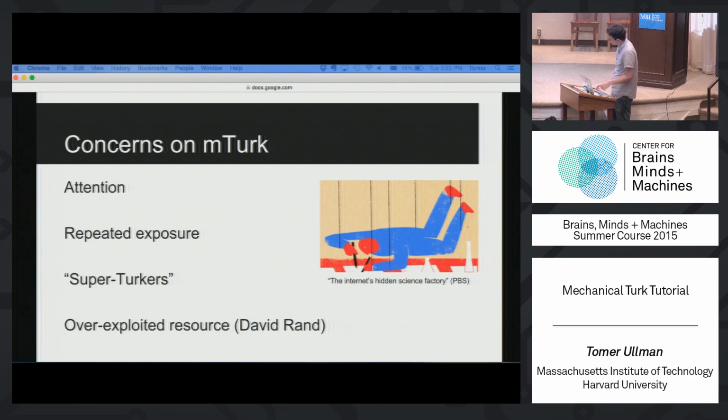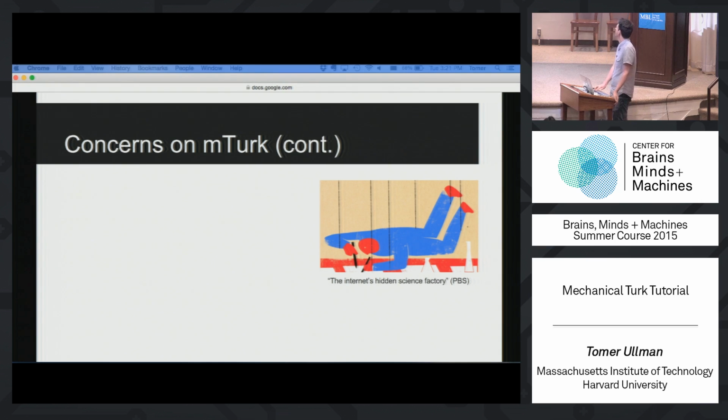Okay. In general, there's a growing sense that since 2010, where people have been trying to make Amazon Mechanical Turk more popular for a few years, it feels almost like an overexploited resource a little bit, right? Like you have this tribe which doesn't know about numbers. Let's all go and study them and ask them a billion questions. And the reason they don't know about numbers is because they don't know English. And by the time we're done with them, they will know English. And the one thing they'll know in English is how to count to 10 because we've asked them all these questions. Amazon Mechanical Turk feels a little bit like this overexploited resource at some times.